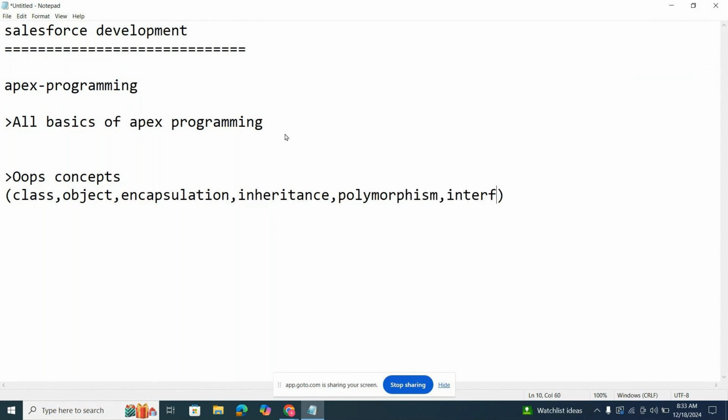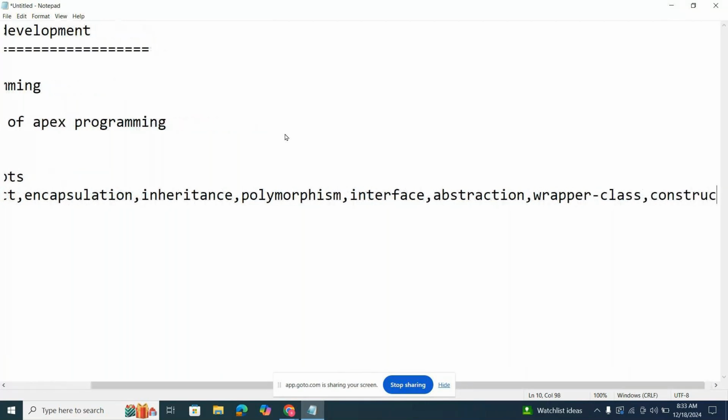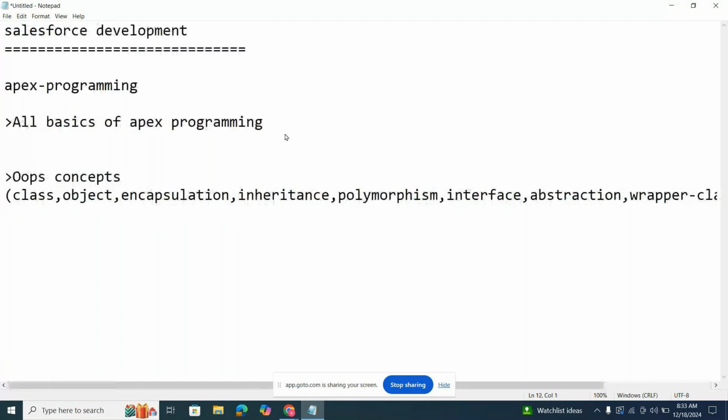I'll discuss every topic with real-time examples. These are not that important and will rarely be asked in interviews, but I'll give you each and everything on OOPS concepts.